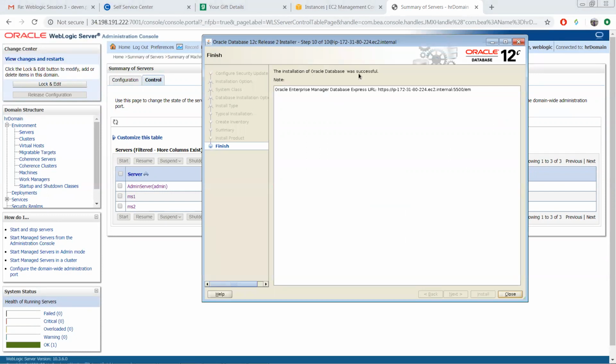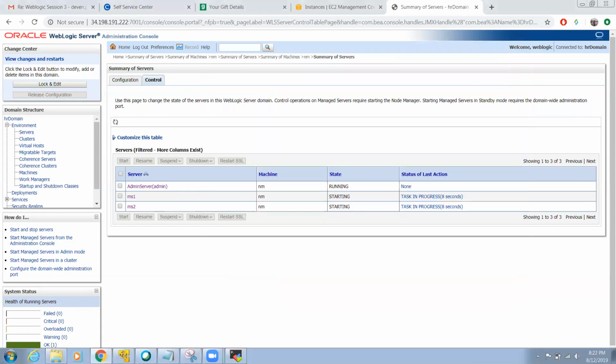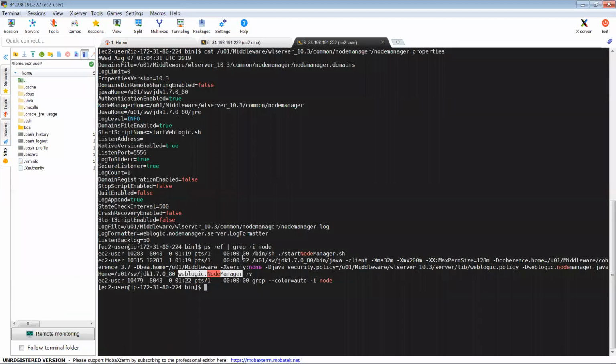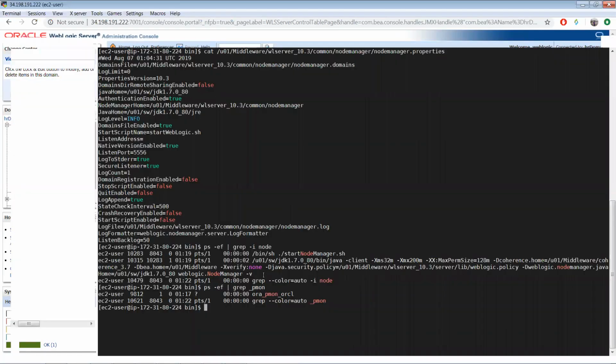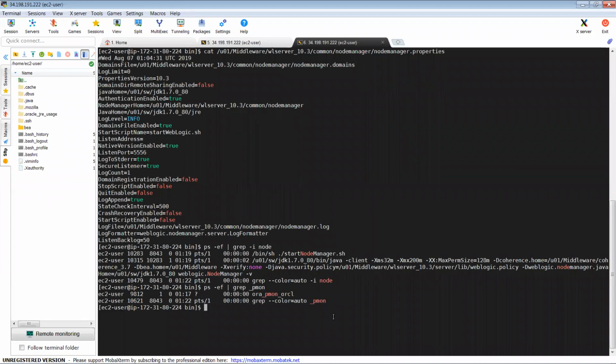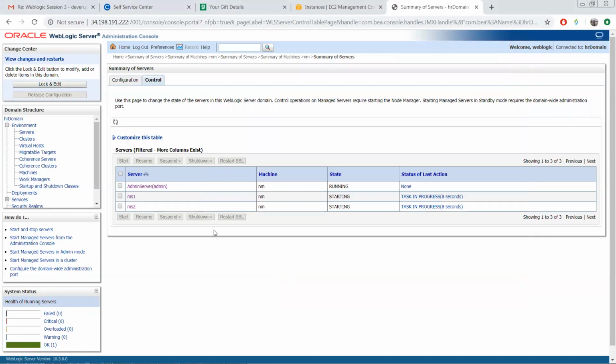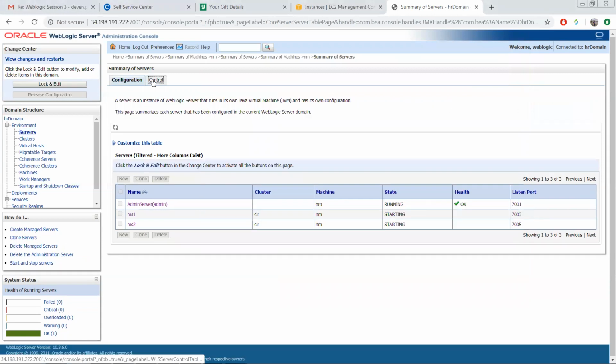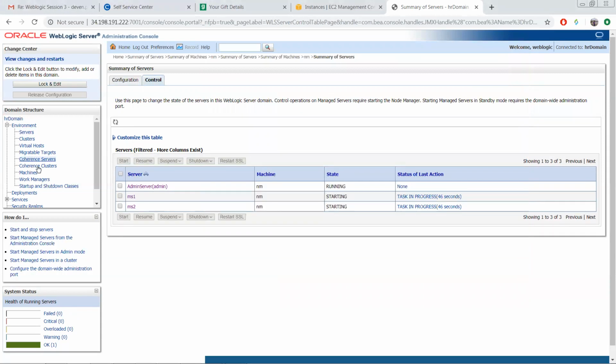The installation of Oracle database was successful. That is good. And on a Unix machine, I can check it using the command pmon. So I'll grep pmon. Okay, so ORCL is running, which is good. Then everything is fine. Once this gets started, we'll go ahead. It should be starting in a short while. Let's go ahead and create